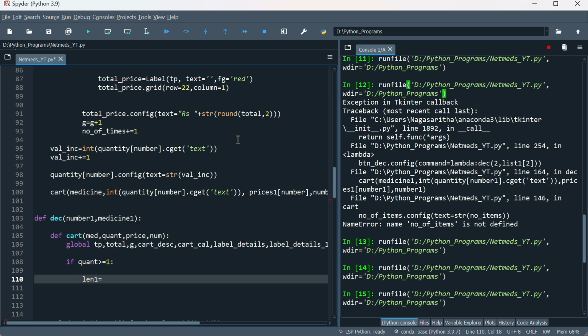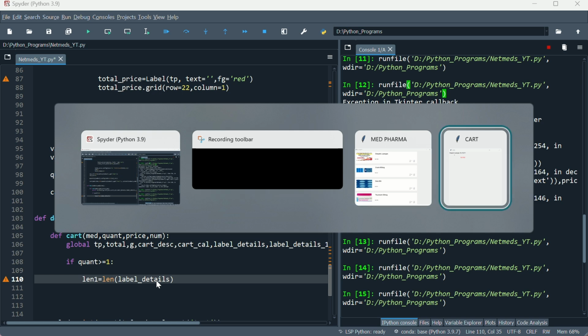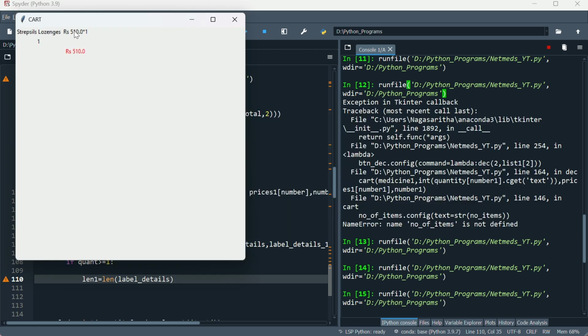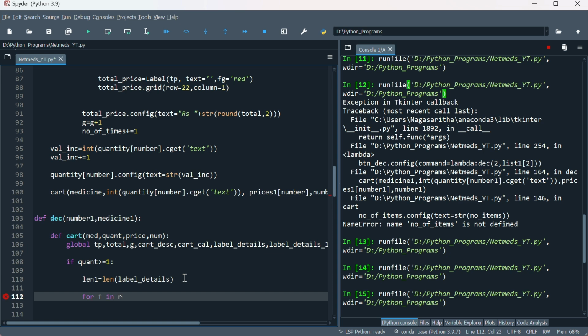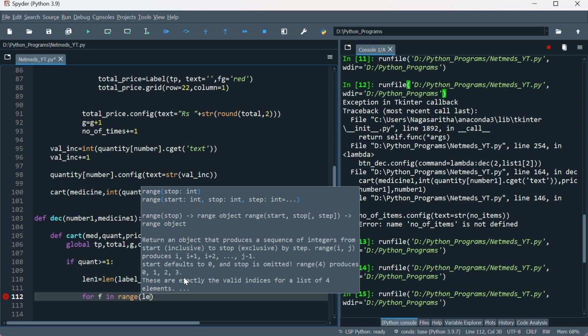then let me say length 1 equal to length of label underscore details. Label underscore details is a list which has all the details entered in the cart. That is strepsils. If crocin is added, it will have that detail. If dolo is added, it will have that detail. So it will have all the medicine details. So I'm finding the length of label underscore details. Then I'm saying for f in range of length 1,